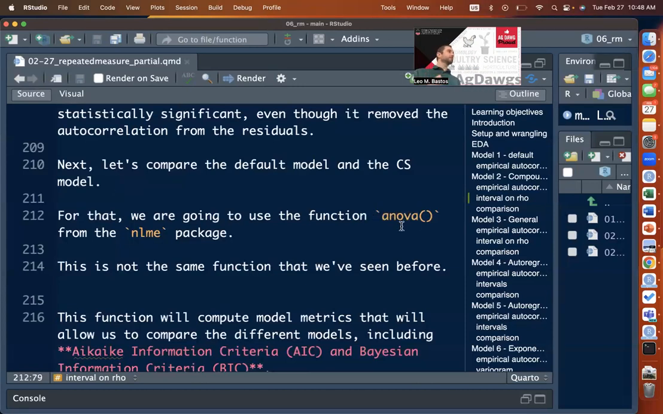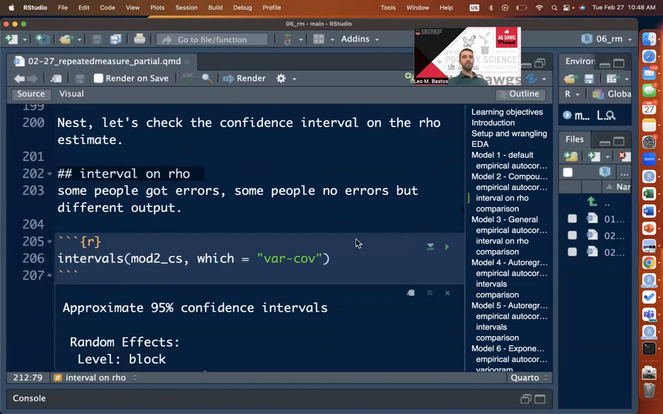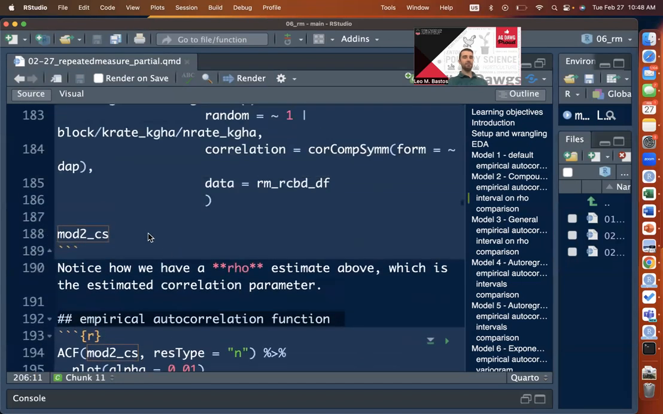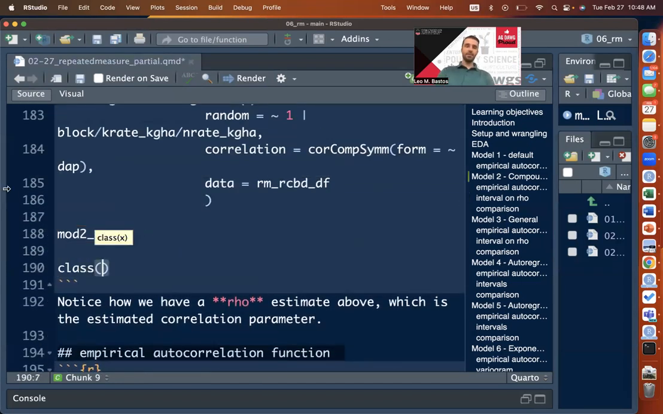This may be confusing, so I do want you to pay attention here. We have already talked about two anova functions. One uppercase, which is the one we're using when we want to check the ANOVA table. And we have already talked about a lowercase one, which is not the same as this. This lowercase anova is coming from the nlme package and is specifically to be used with lme objects, which are models that are assigned an lme model output. So mod 2 CS, if we were to ask for the class of it, it would be lme,